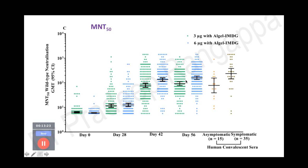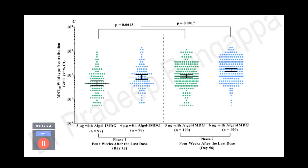So the follow-up was done until day 56, and they found good antibody titers with both these tests, plaque reduction neutralizing and micro neutralizing titers. And this was again comparing the phase 1 group and the phase 2 group. So they looked at the titers at day 42 and day 56 from the phase 1 patients and phase 2,